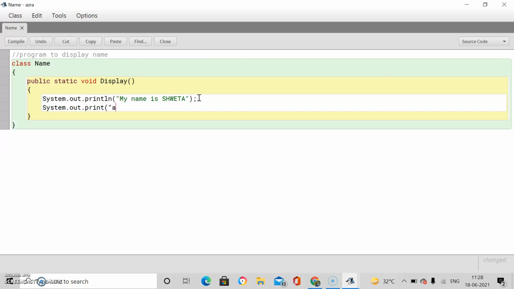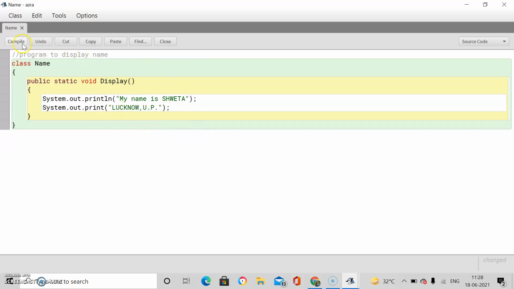Address, suppose ABCD I have written, in double quotes, then closing bracket and semicolon.